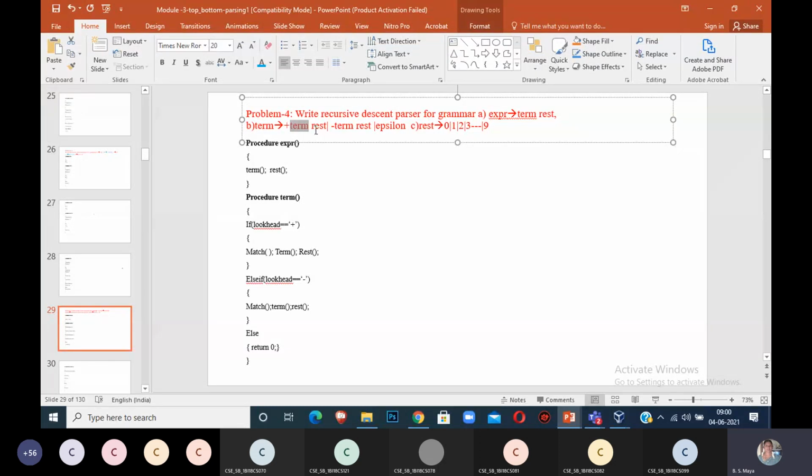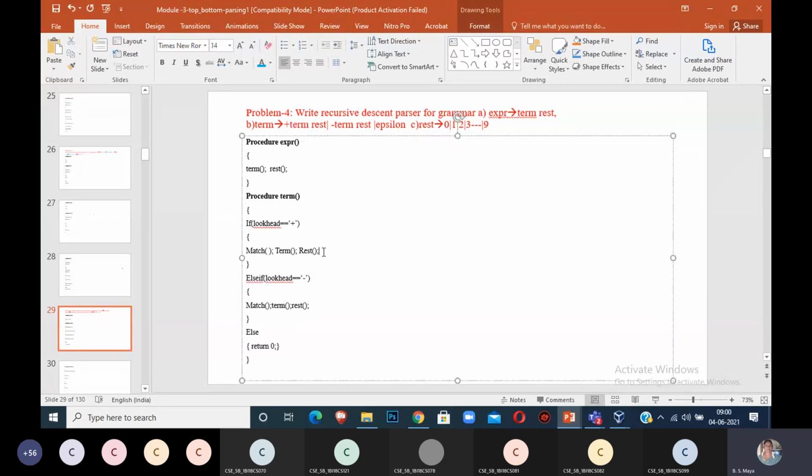After the term procedure, we call the rest procedure. Okay, next you can go with the else. If it is not plus, it will look ahead for the minus. Yes, if it is a match, it will go for the term and then the rest. Or else it is epsilon, it will go for return 0.